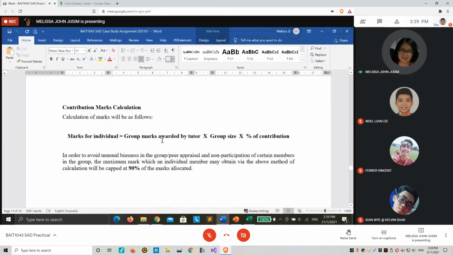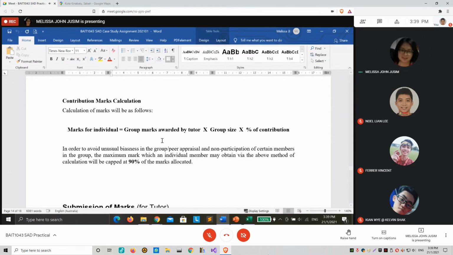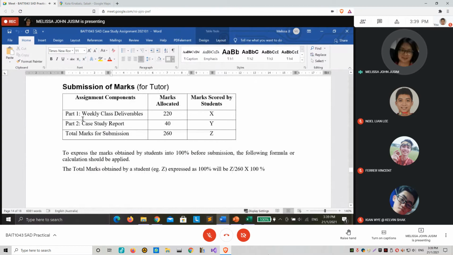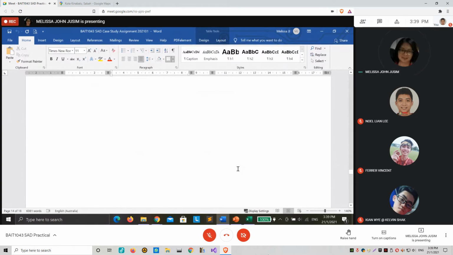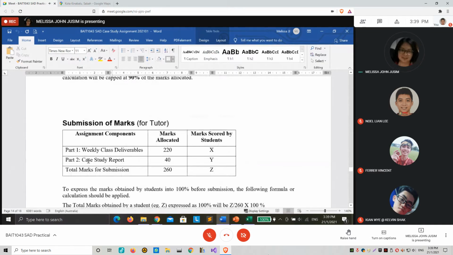Calculation of marks. Hopefully your tasks will be done equally. This is how I will calculate the marks at the end. Case study report is only 40 out of 260, not much.